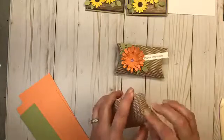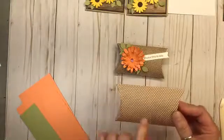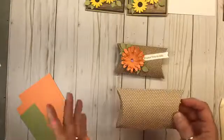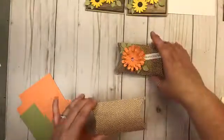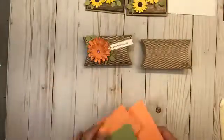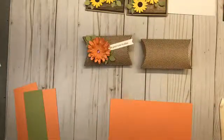Now these are great for just a small little gift. You could put some candy treats in there. A gift card will fit in there. Jewelry, anything small. Now we do have a little bit of stamping and punching because, again, this one is using